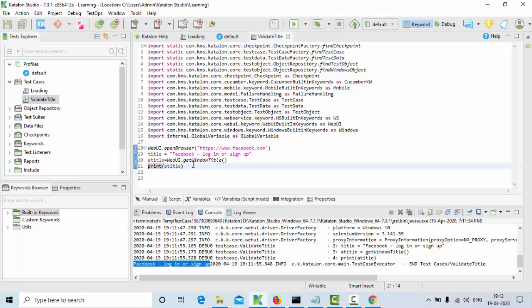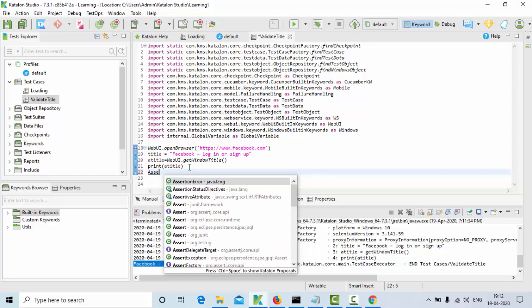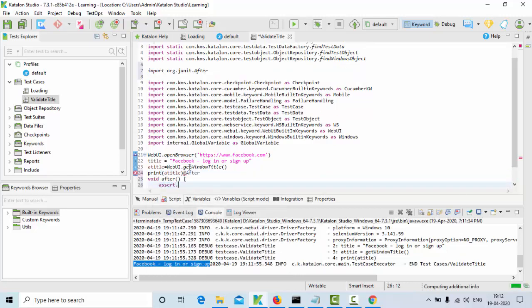Okay, then how can I validate the web page title with my actual title? Using assert we can do that. Simply type something like assert.